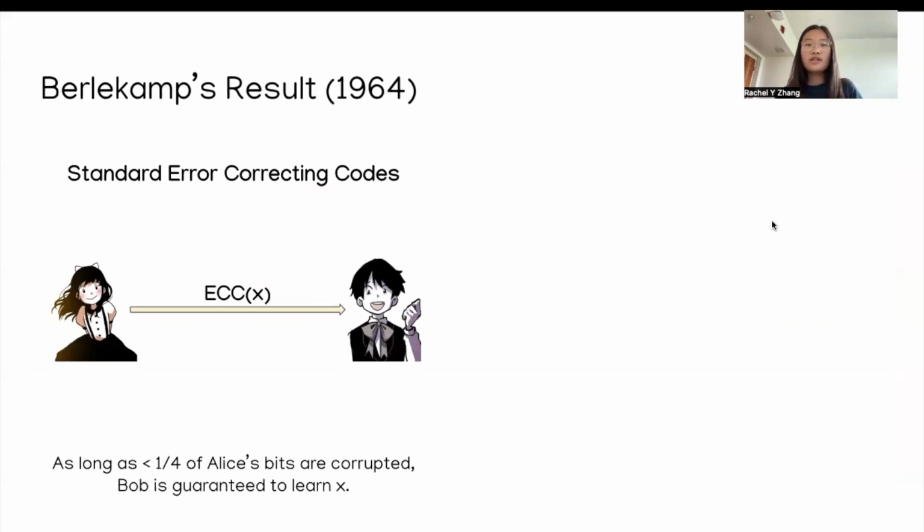Yeah, so in a standard error correcting code, this is a one-way communication. Bob is providing no feedback to Alice. Alice is just sending a one-way communication, that's it. It turns out that for binary codes, the guarantee is that as long as less than 1/4 of Alice's bits are corrupted, Bob is guaranteed to learn X. And 1/4 is optimal, so you can do no better than 1/4 error resilience for just standard error correcting